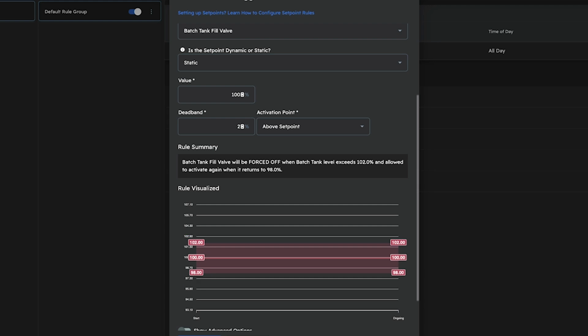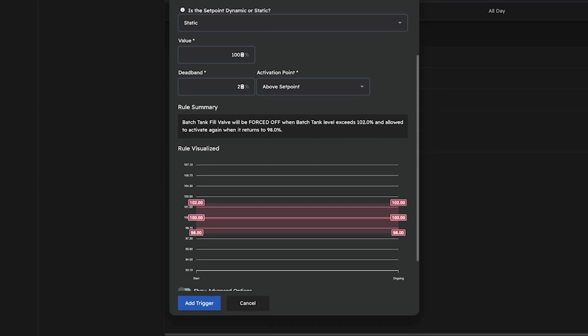This is important when you have any sort of automation filling your batch tank, as if it exceeds the level at which your tank can hold water, it's important to shut off the fill valve to prevent you from flooding your water room. With this rule configured, all that's left is to add this sensor trigger,